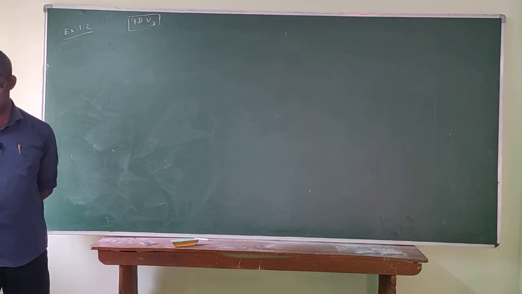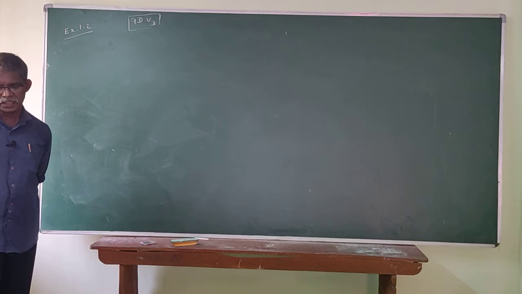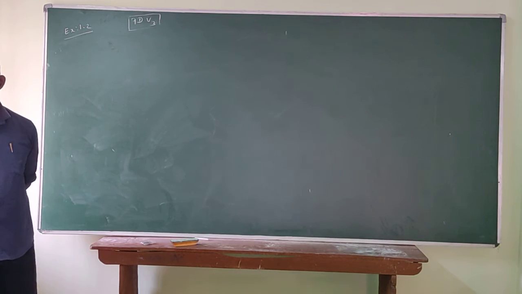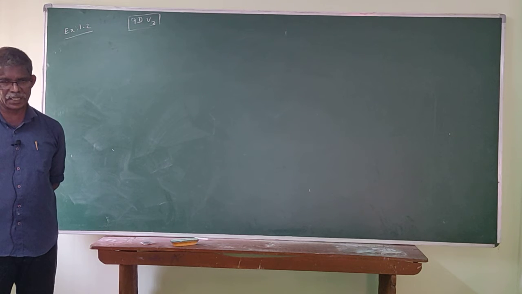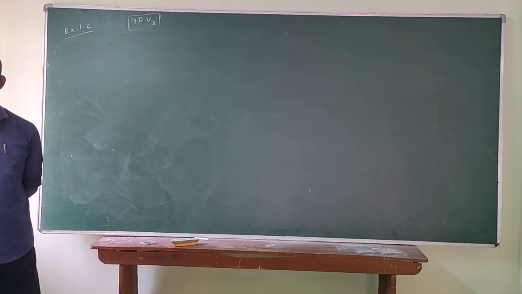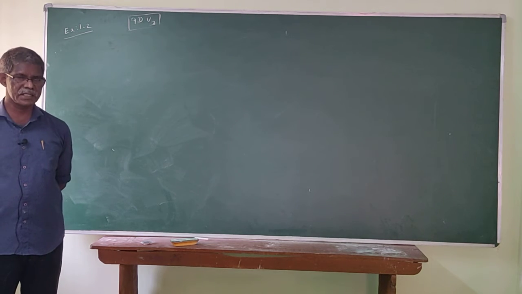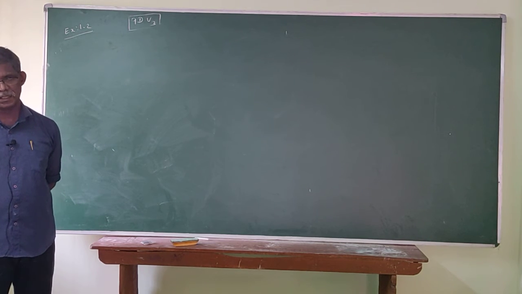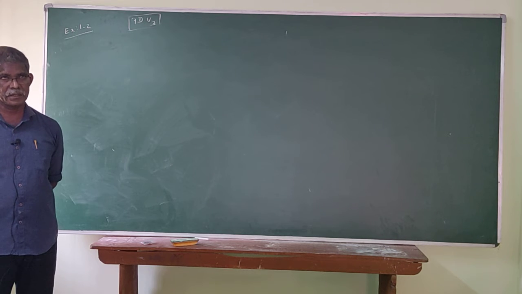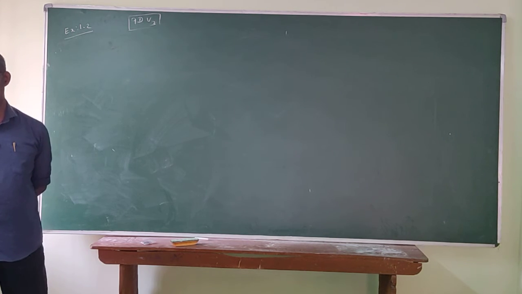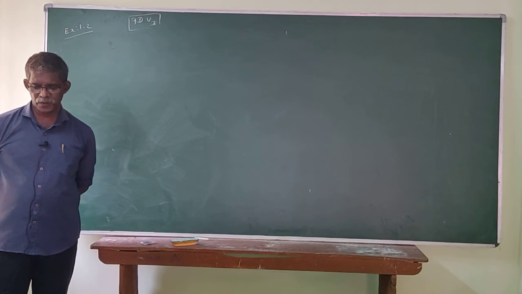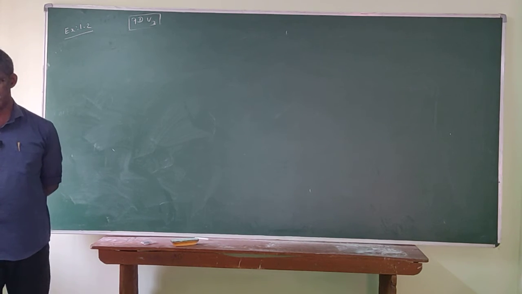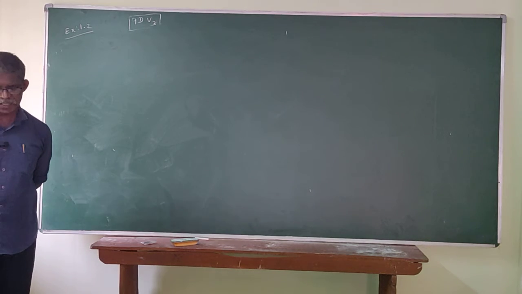Then question number 4, D is equal to the set of all triangles having 4 sides. There is no triangle having 4 sides. If a shape has 4 sides, it is called a quadrilateral. All triangles have only 3 sides. Therefore there is no triangle with 4 sides, so it is an empty set.